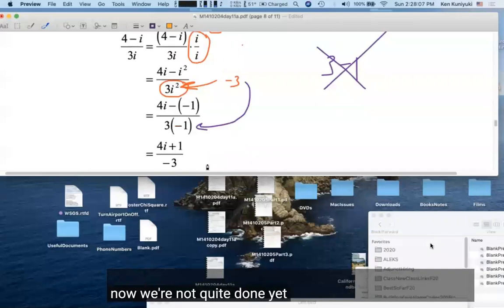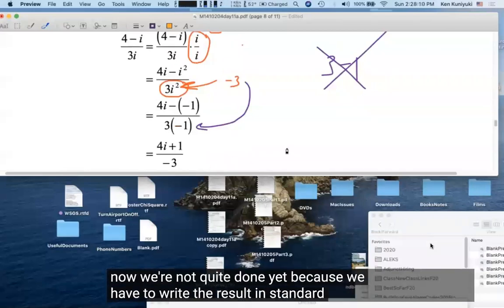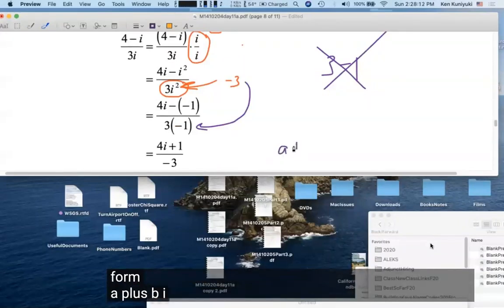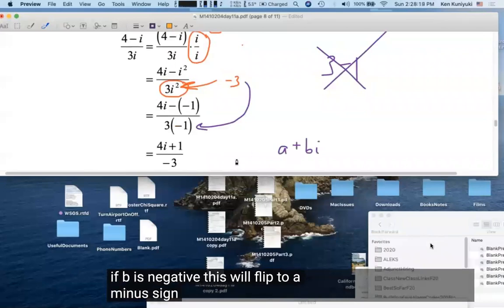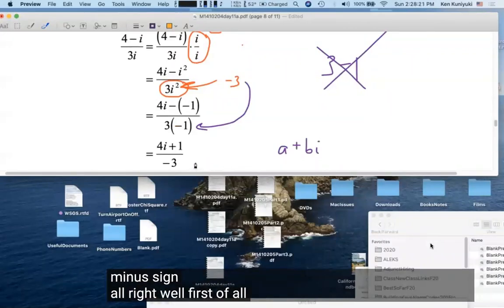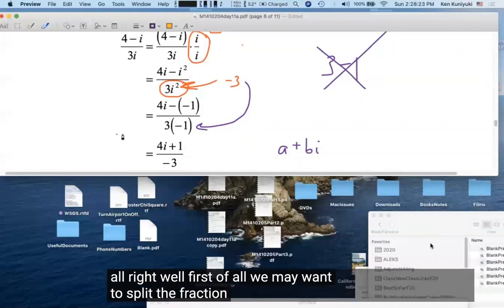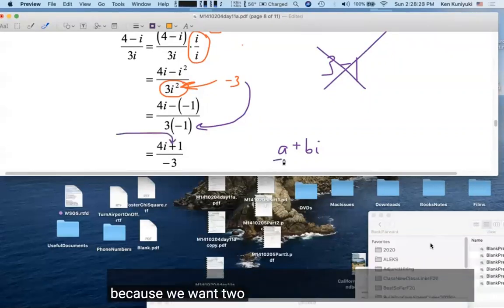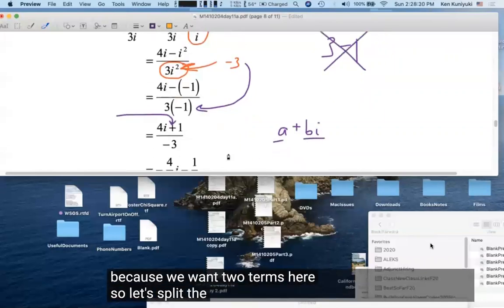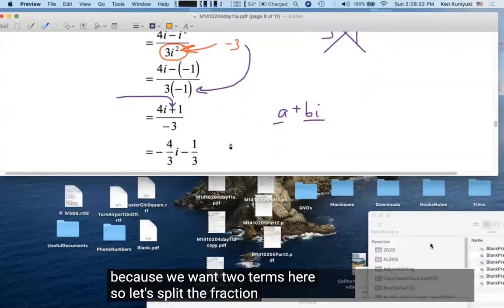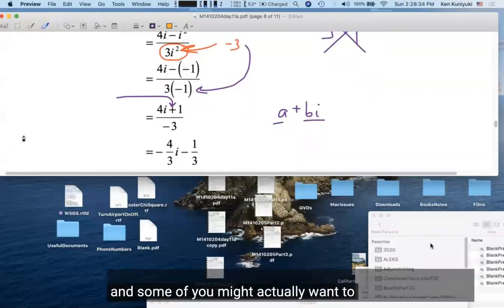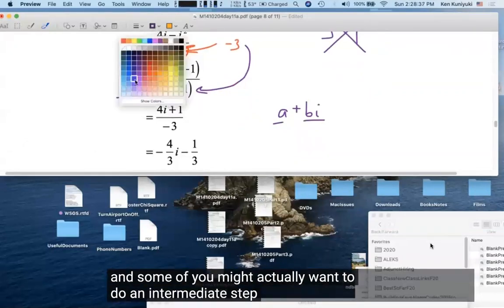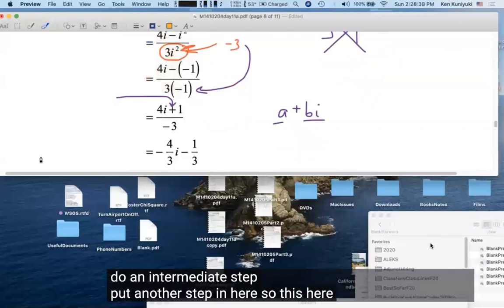Now, we're not quite done yet because we have to write the result in standard form: a plus bi, where a and b are real. If b is negative, this will flip to a minus sign. All right. Well, first of all, we may want to split the fraction because we want 2 terms here. So let's split the fraction. And some of you might actually want to do an intermediate step. Put another step in here. So this here equals